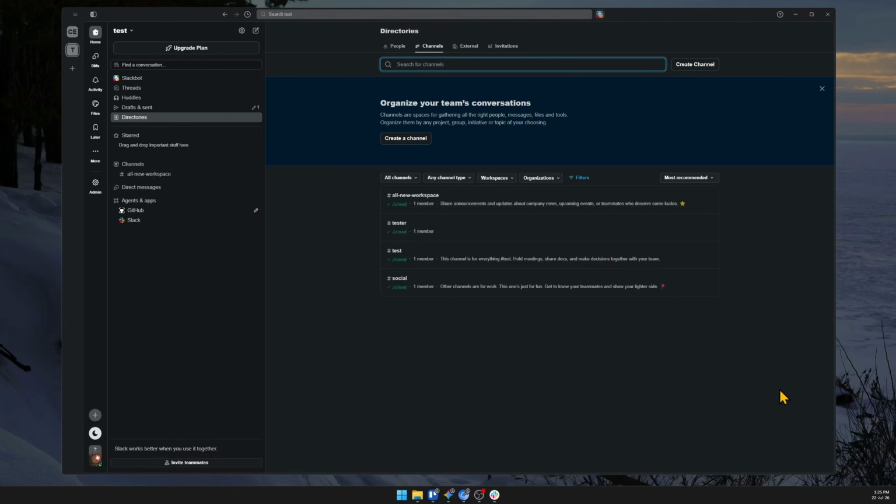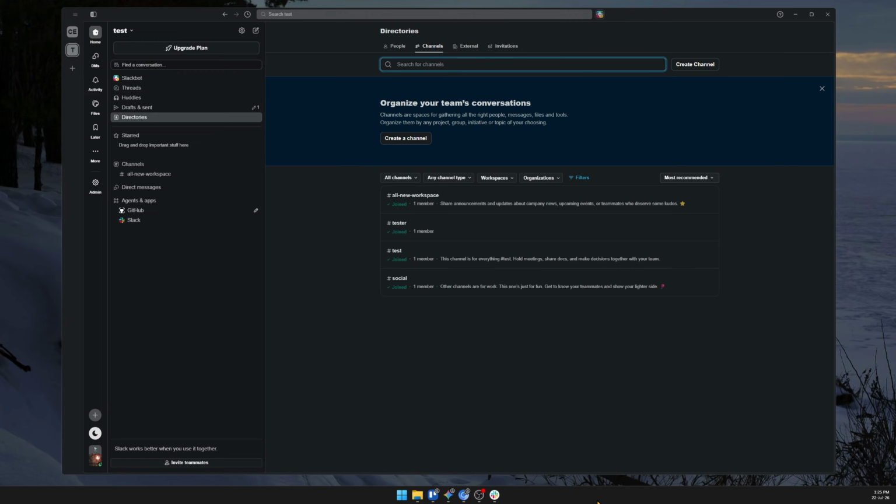How to fix Slack login problem. If you're trying to log into your Slack workspace but the magic link keeps looping, your single sign-on authentication fails, or the app gets stuck on a blank sign-in screen, it can completely lock you out of your workday. So I'm going to show you how to fix Slack login issues step by step so you can get back